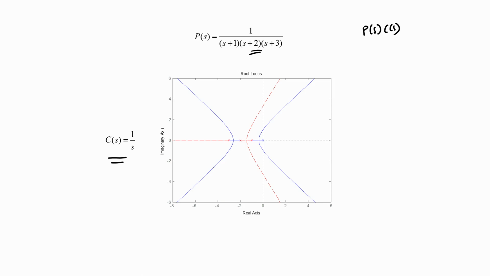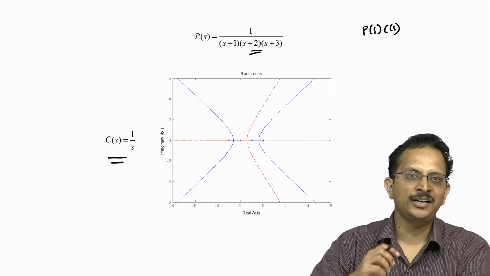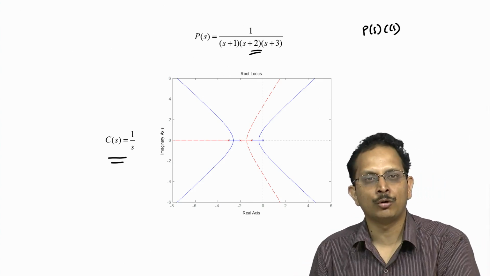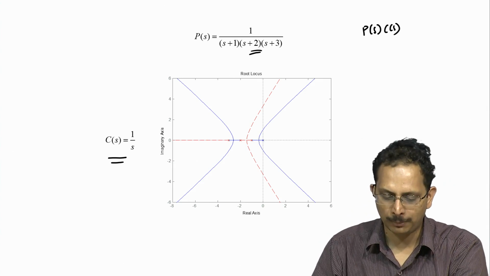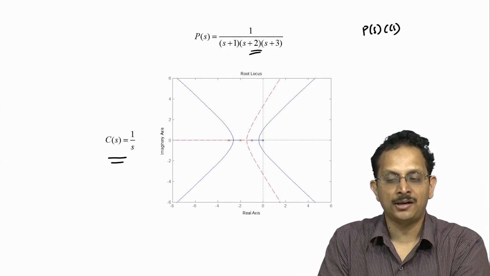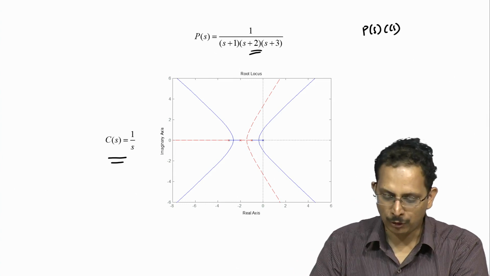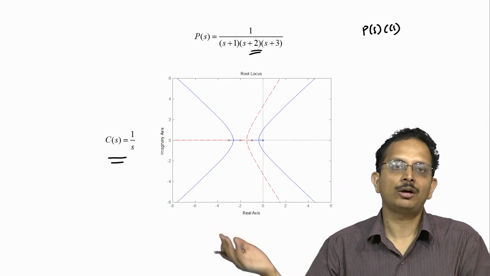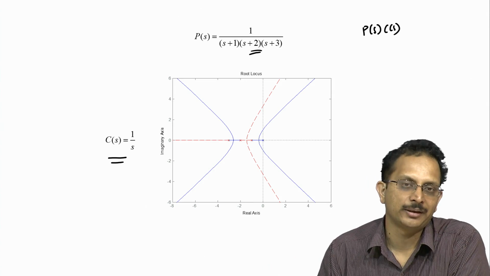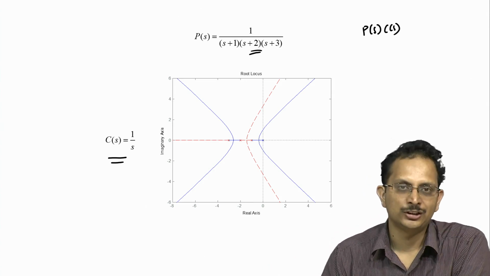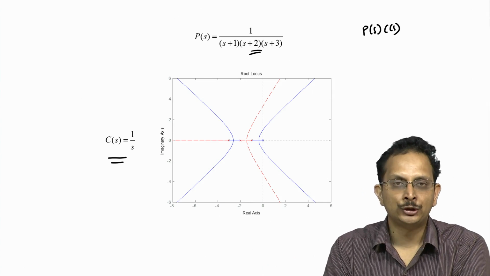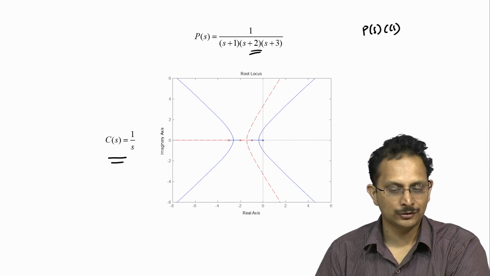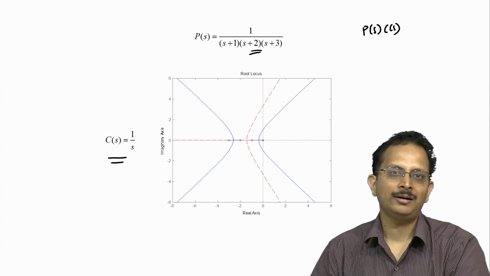and therefore, if we had taken the trouble to design the dominant dynamics of our closed loop system, or in other words we had already placed the dominant closed loop poles at PCL naught and PCL naught bar, inclusion of this integrator term will completely spoil the design, because the root locus will now no longer pass through that original point PCL naught and PCL naught bar, and therefore we will not be able to realize those particular dominant dynamics. So, how do we address this issue? In our attempt to ensure good performance in terms of tracking DC references well, we have now spoiled our dominant